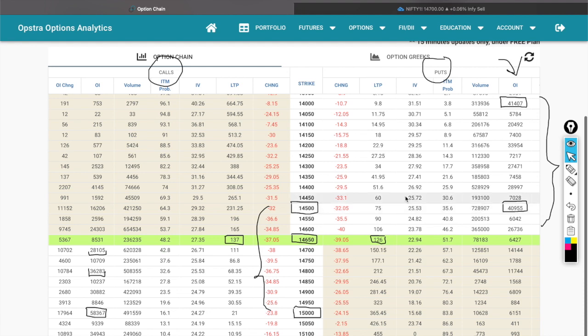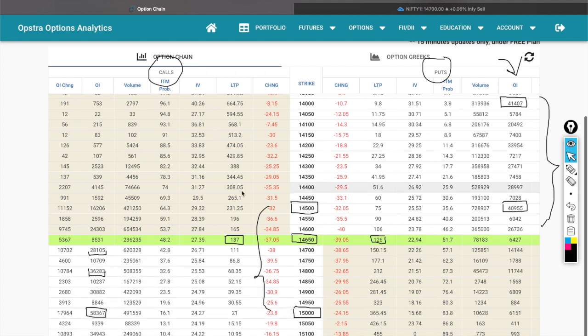So once more, I'm giving you a recap. You just open the option chain, go to the OI tab and find the highest number. You will get 14,955 here. Just mark the corresponding strike price here, 14,500. So that means 14,500 put is sold in a huge quantity. Similarly, on the call side, the 15,000 call is sold the highest number of times.